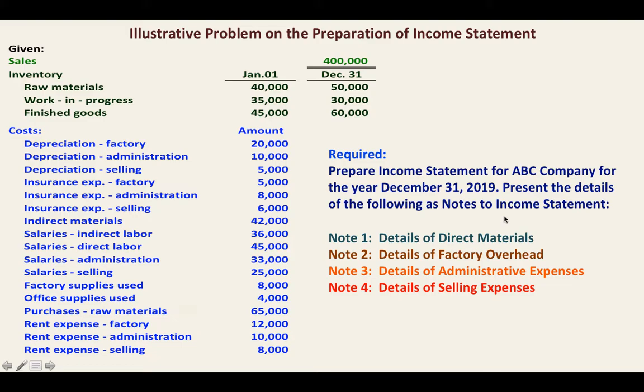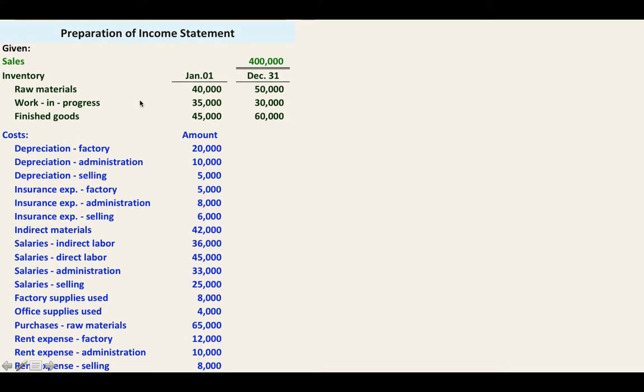Okay. So here, class, you are asked to prepare income statement. However, part of the requirement is preparing the details of direct materials, factory overhead, administrative expenses, and selling expenses. And you will present these details as Note 1, Note 2, Note 3, and Note 4. Okay? Let us proceed. So class, this is our problem. And the first thing that we are asked to do is prepare Note 1, which is the details of the